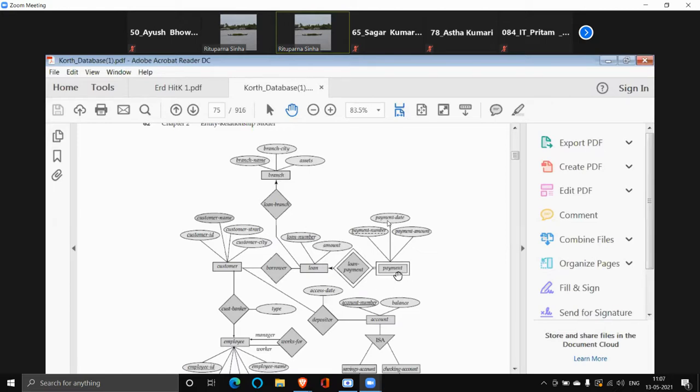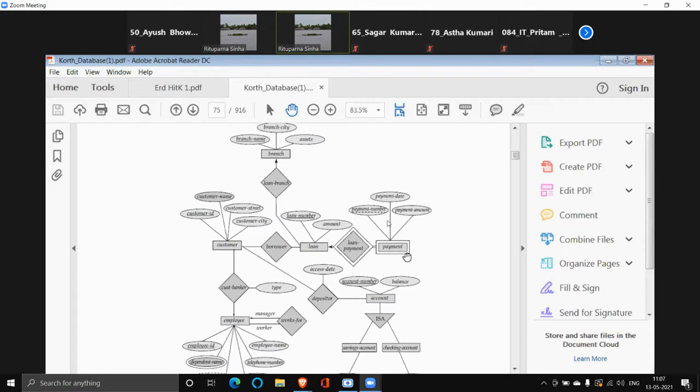Payment is a weak entity set. I have told you about all these separately, but they are joined now. Payment is associated with loan and it is a weak entity set. Since it is a weak entity set on one side, I have a double diamond here. And for payment, the discriminator is payment number, so when I design the table, I have to join the loan number in the payment table.